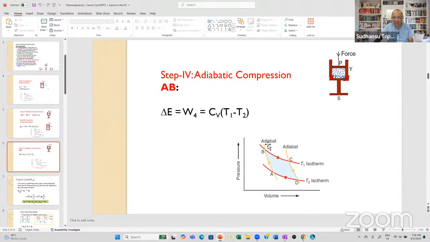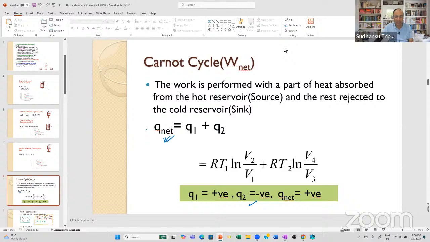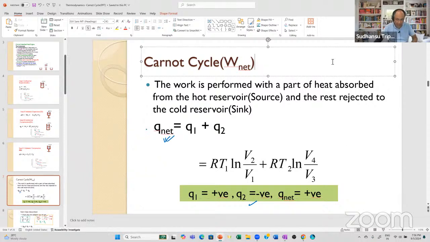Then adiabatic compression, that is delta U is W4, CV (T1 minus T2). Then what we will be doing, we will be taking the total heat, the net heat. The Q1 is plus and Q2 is minus. Obviously, I have written plus, but on calculation, the second term will be negative. I have written here Q1 is positive, Q2 is negative. So automatically it will come. And the net work done, you will find W1